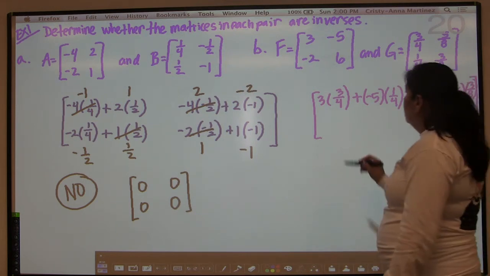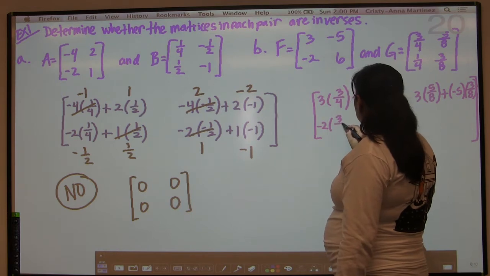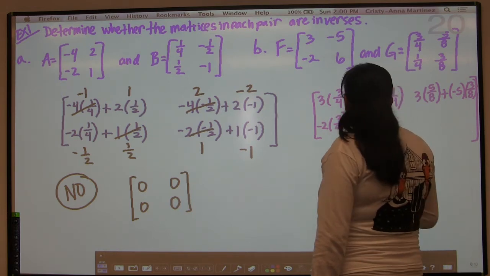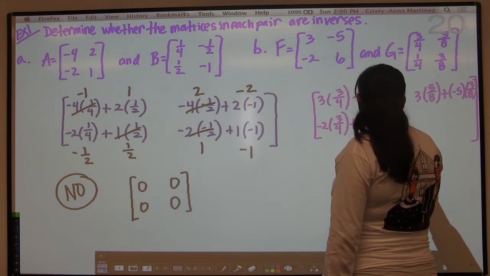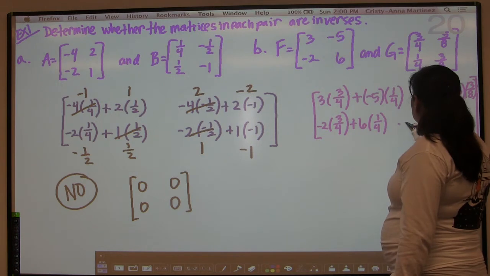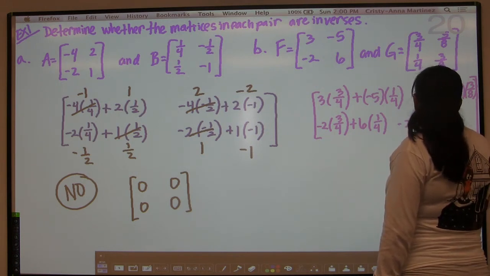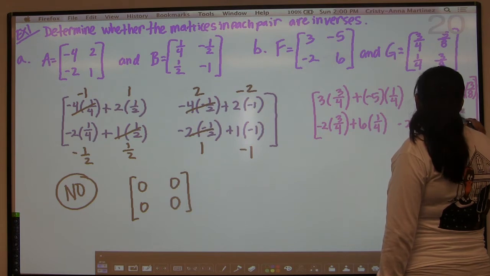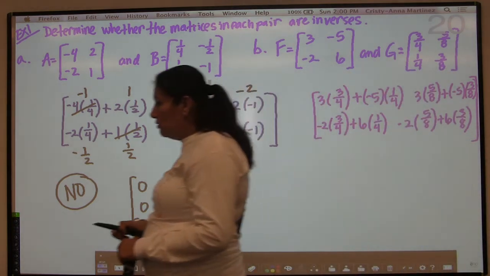All right. Now we're going to have -2 times 3/4 and 6 times 1/4. Then we're going to have -2 times 5/8 and 6 times 3/8. Like that. Okay, so now